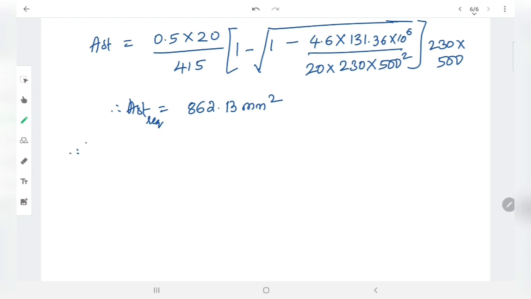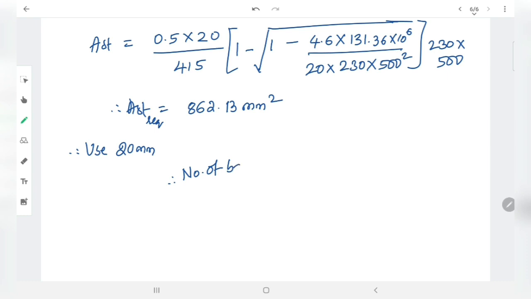So I'll be using a 20 mm dia. Either you may use 12, 16, 20, 25, whatever may be the dia of reinforcement. But as it is a little bit high reinforcement, if you use 12 mm dia, you may get around 8-9 bars. If you use 16, you may get 5 bars. If you want to provide more bars, you can go for the least dia. So here in the present case, I will be using 20 mm bars.